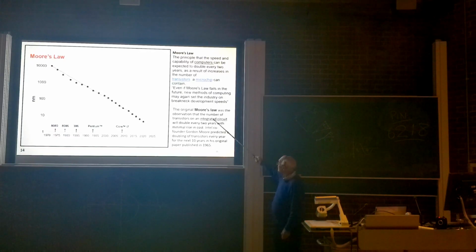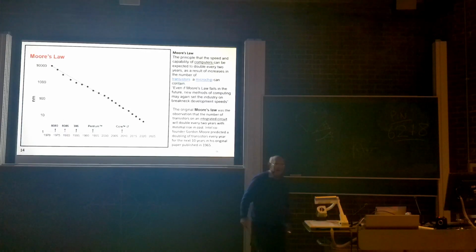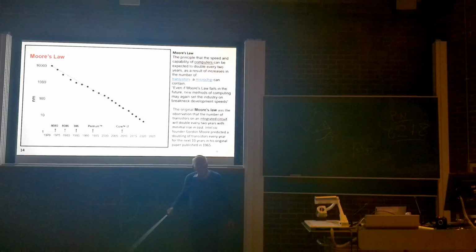So let's just go back a bit. The original Moore's law only predicted for 10 years. It was actually back in 1965, so it finished at 10 years, predicted for 10 years. And it's gone on ever since 1975, and it's still pretty well going on now. And it's the increase in the number of transistors in a microchip. That's, in fact, the measure of it.